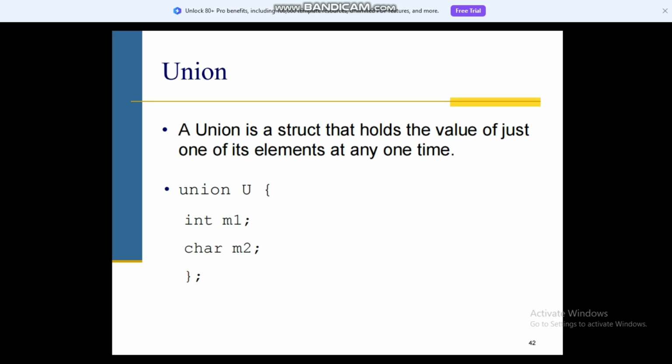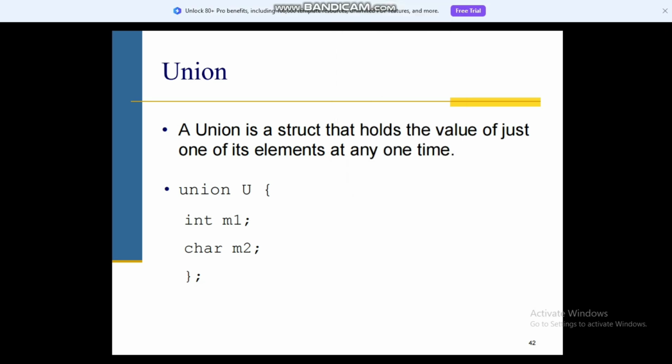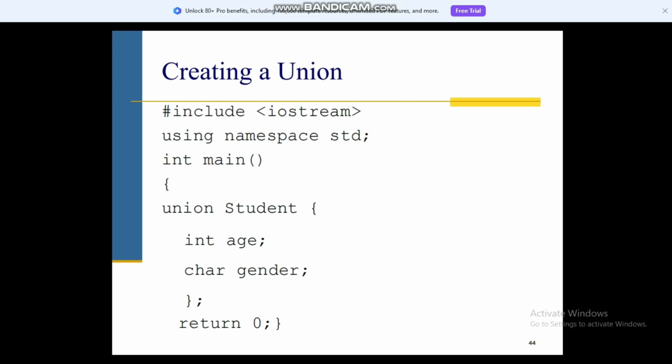Now, the definition of it. Creating or defining a union. Here is an example: #include <iostream>, using namespace std; int main() { union student { int age; int gender; }; return 0; }